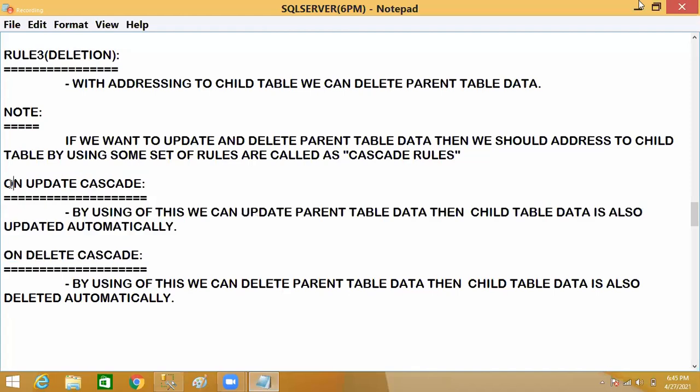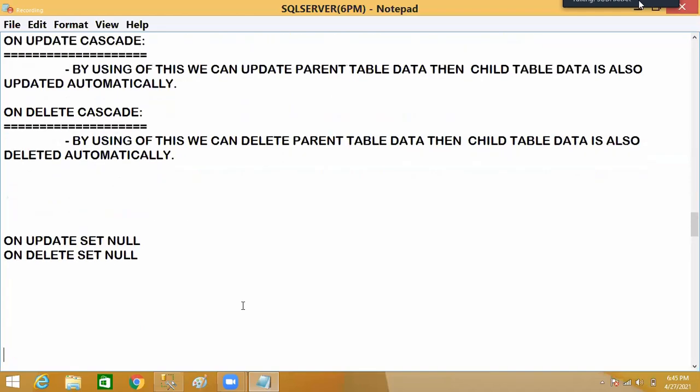But here, on update cascade and on delete cascade, what I said is: once the parent is updated, the child is also updated; once the parent is deleted, the child is also deleted. So that we discussed in these two. But these two, what were they telling, guys? Observe. When we update